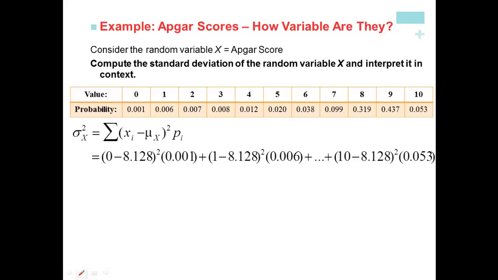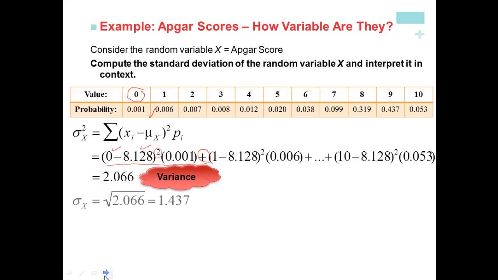So in going through this, the first value I have in my calculation for the variance will come from 0 minus my mean of 8.128 squared times the probability of getting a 0, which is 0.001. I would then do that for all of the possible outcomes, add those together, and my variance ends up being 2.066. Again, this is variance. I want the standard deviation, so it's as simple as taking the square root of that value,